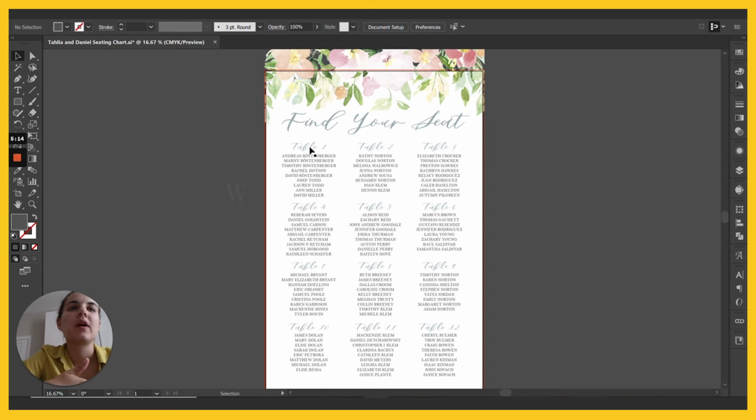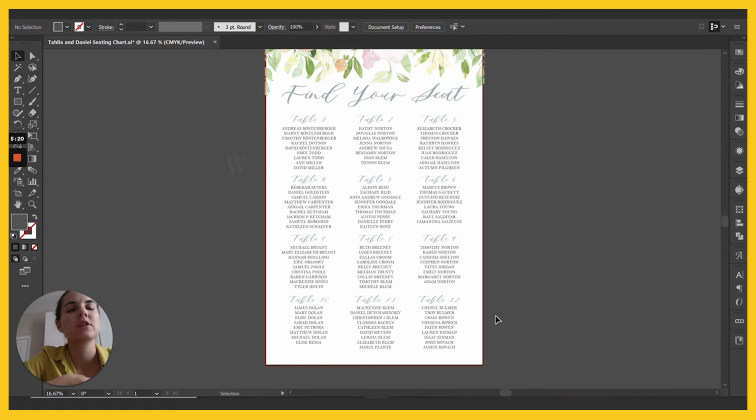So I've gone through and done the same thing as far as aligning all these headings and then changing them to the right table numbers. Again, this is kind of going to be something that you eyeball because there's going to be extra space that looks different in different places based on the number of names at each table. For instance, there is a little bit of extra white space here because this table is shorter, and also up here, and then a little bit more down here, really around table 9. It appears to be a lot more white space than anywhere else,